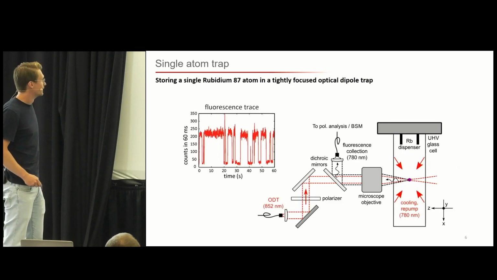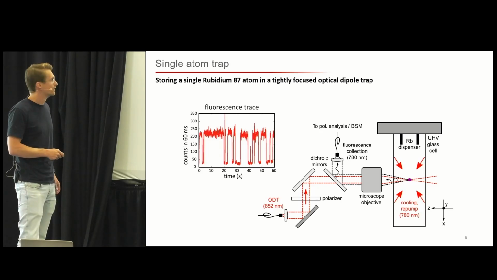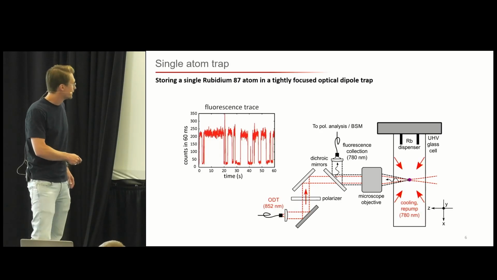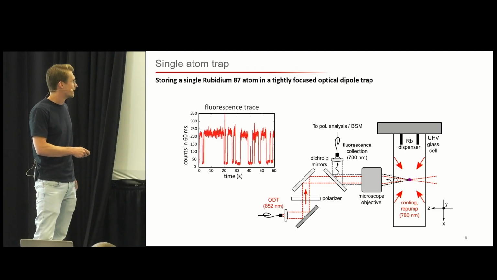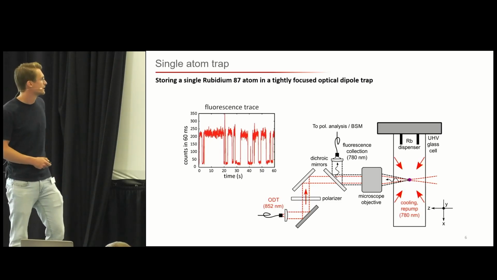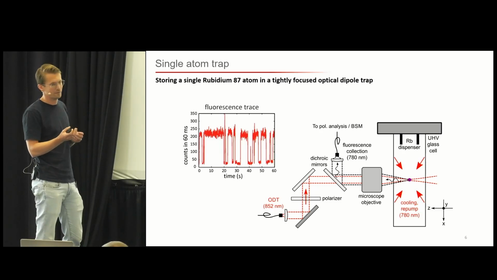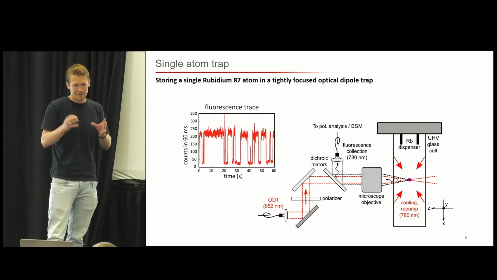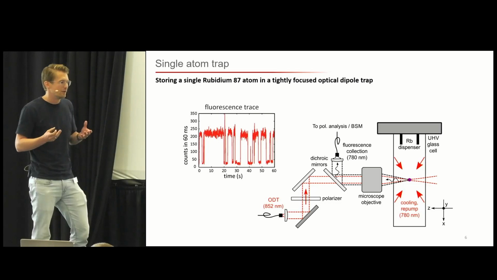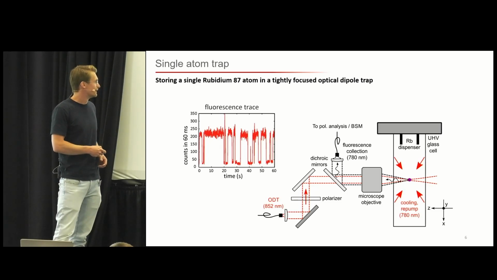Okay, how do we trap a single atom? We have our high vacuum setup in which we create a MOT of rubidium atoms. Then we shoot in an optical dipole trap laser, which we focus down narrowly with a microscope objective to roughly 2 microns. The focus of this trap is exactly at the position of the MOT, and then we can load one atom from the MOT into the optical dipole trap. The reason that we only get one is that the focus of our dipole trap is so small.